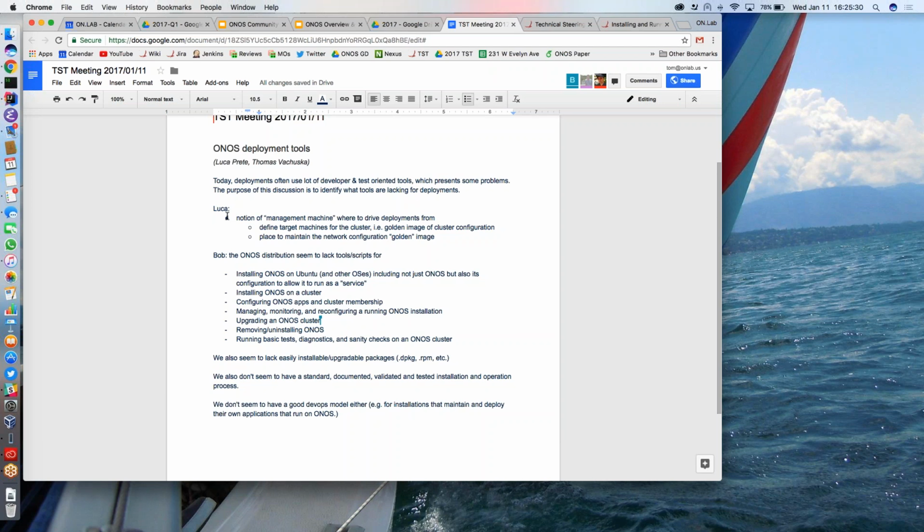That's my point precisely. There are probably a few things missing that we could provide without dragging the whole development and test process into the deployment, because the minute we do that, we fail the simplicity test. This stuff should be simple. We need to be able to install it on one machine, form a cluster, potentially pre-install network configuration, pre-install some initial set of applications, and then potentially manage the cluster. Actually, the dynamic cluster configuration one we leave on hold for right now because that's a separate subject. But if you start with those few things, installing ONOS,